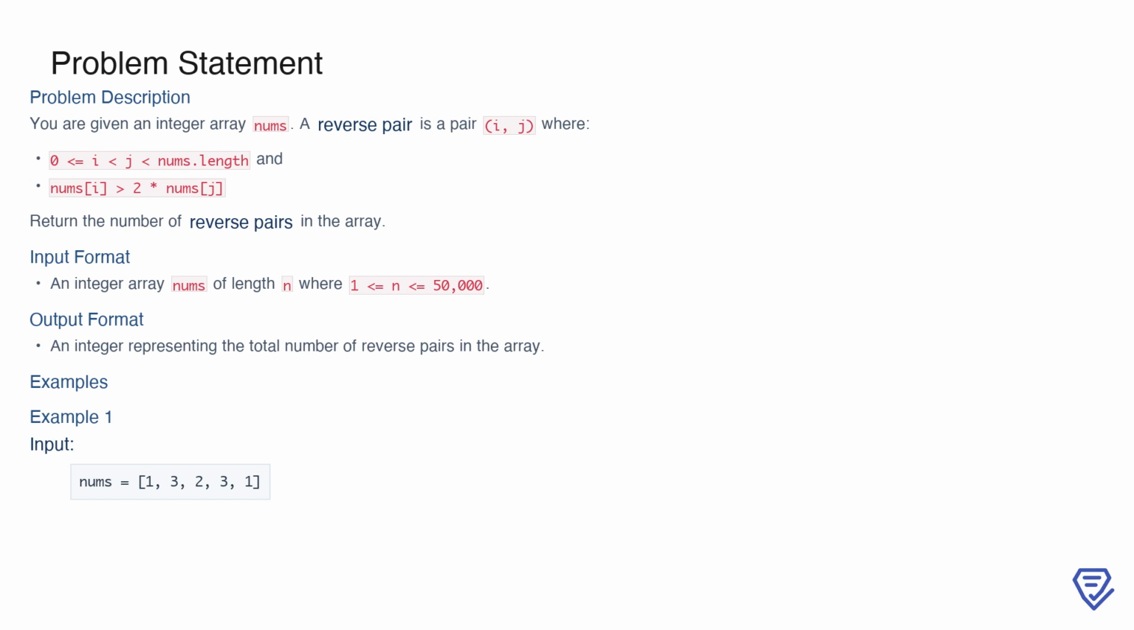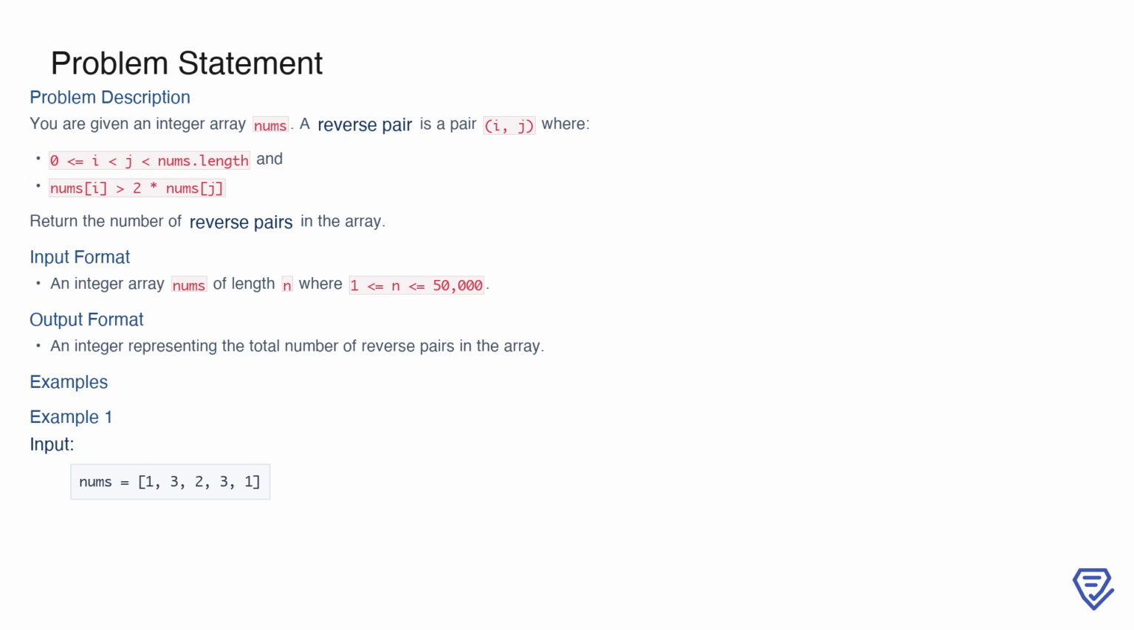identify and count all the reverse pairs in the array. A reverse pair is defined as a pair of indices (i, j) such that i is less than j, and the value at index i is greater than twice the value at index j. Essentially, you're looking for pairs where the relationship nums[i] > 2 * nums[j] holds true. For example, if the array is [1, 3, 2, 3, 1], you would need to identify all such pairs that